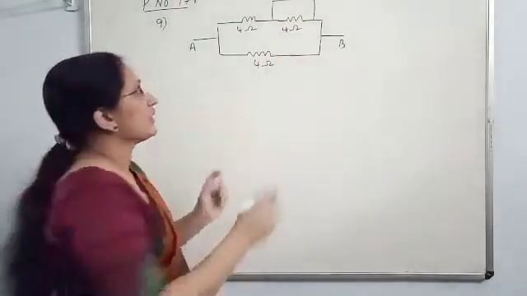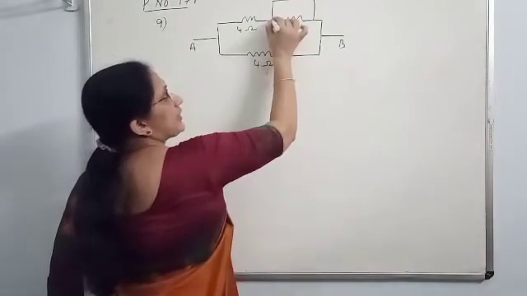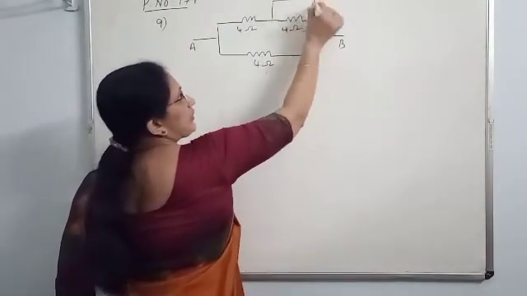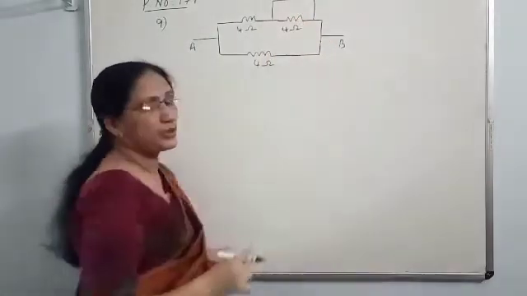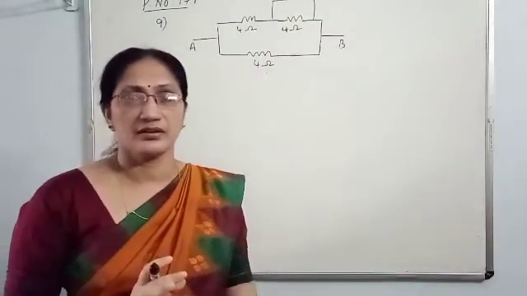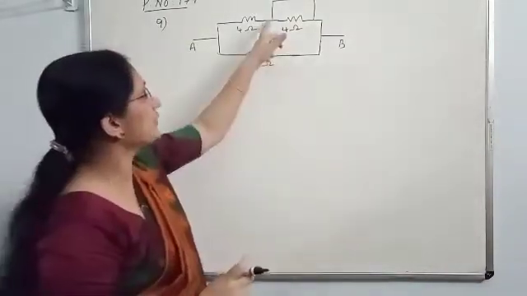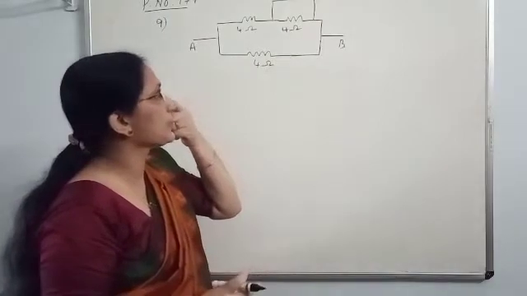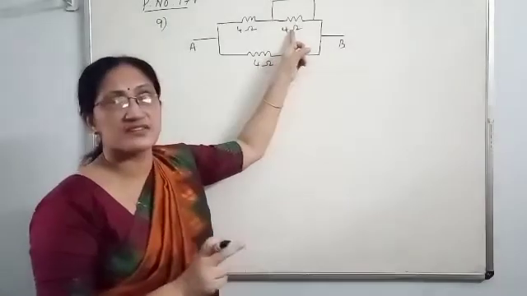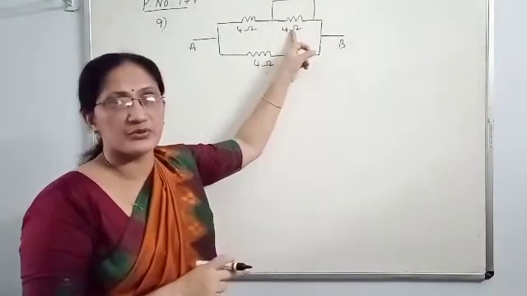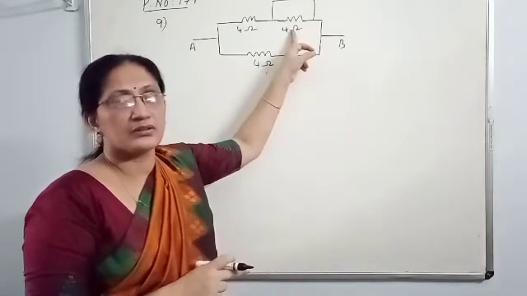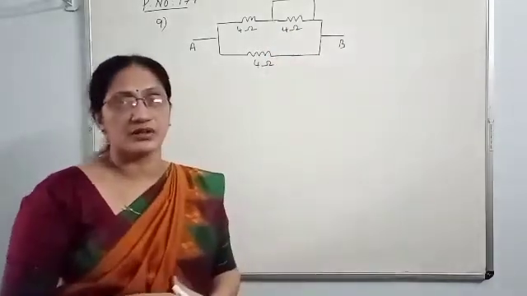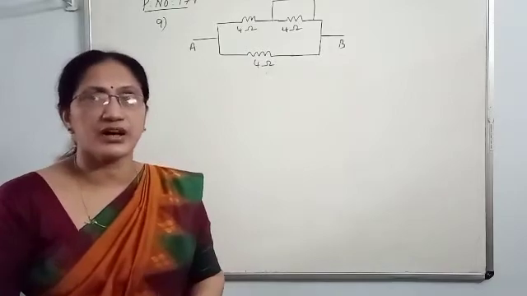But a copper wire, a connection wire, is given across these 2 points. We call it shunting, connecting a wire between these 2 points. So that means this 4 ohm resistor is shunted. That is the term used. Then how will we find out the total resistance? Let us see how the current will flow.